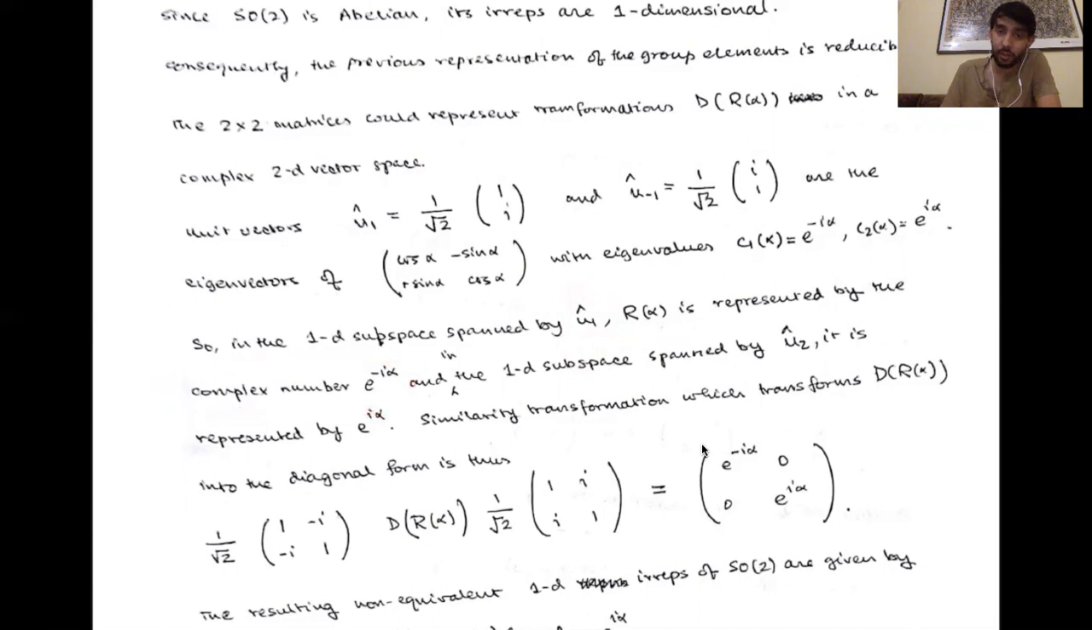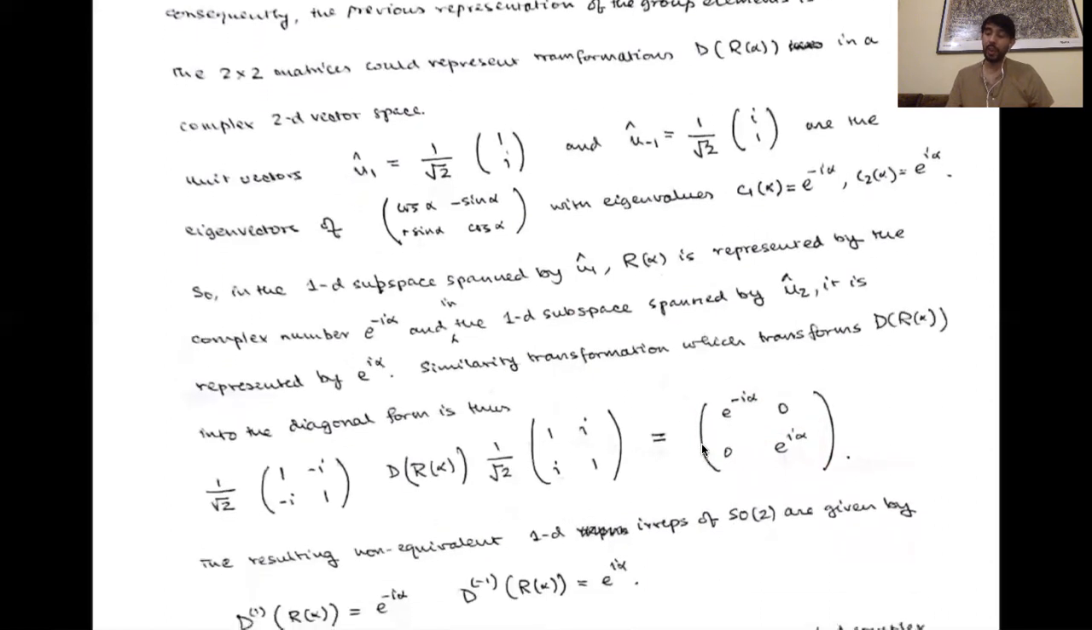And in the 1-dimensional representation spanned by U2, it is going to be represented by e to the plus i alpha. So you would have explicitly a similarity transformation that acts on this D of R alpha and brings it to this form. So that means that you can start off with this and act it on D of R alpha, which is this,